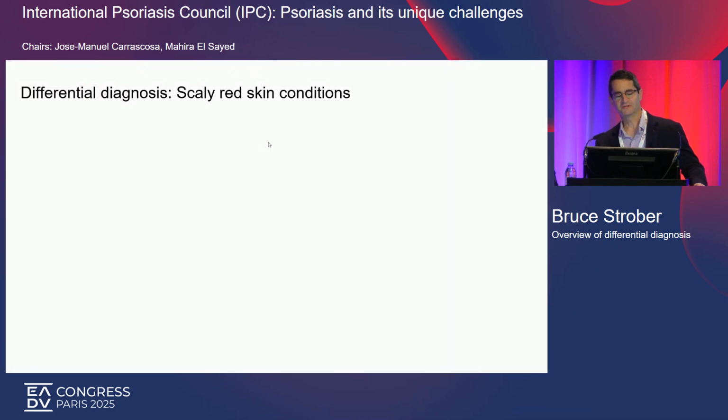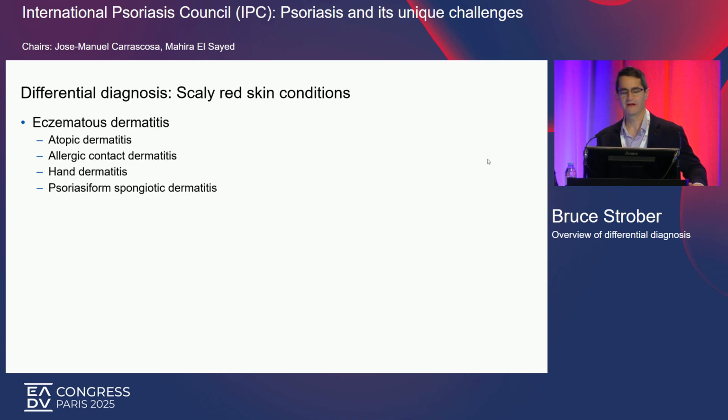All right, so the differential diagnosis of scaly red skin conditions, that's basically what we're going after here. And I'm going to give you a laundry list, and by all means, you could take notes, but there'll be a lot of photos. And I think what I want to impress upon you is how much can actually look like psoriasis. And I break it down into a few categories: eczematous dermatitis, which could be anything spongiotic, atopic, hand dermatitis,